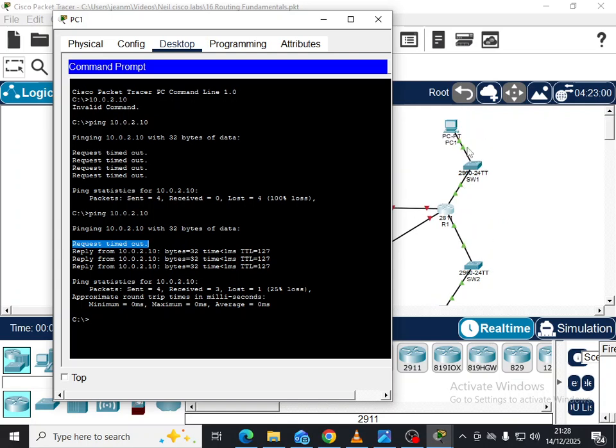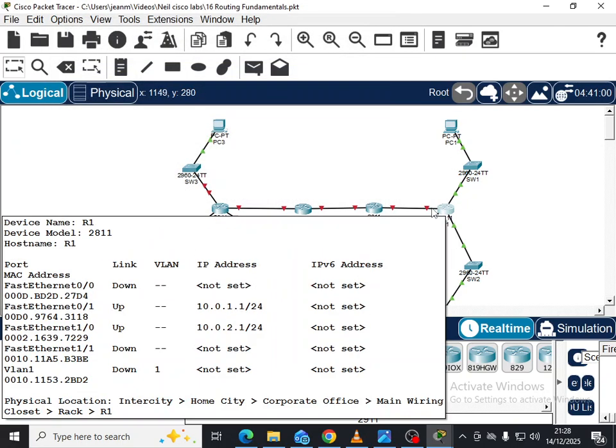So that's what we just did right now. That's the request timed out. It actually takes an ARP packet request. It's gonna send it, and then once it finds out which device is connected to this IP address, then the reply from 10.0.2.10 will come back, with the TTL, time to live, message right there. So now that we have connectivity between PC1 and PC2, I want to configure this upper path here to PC3